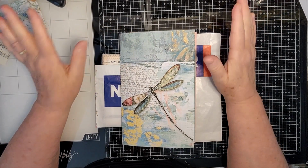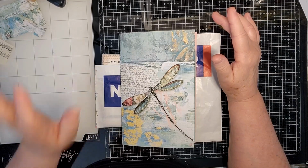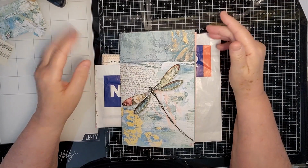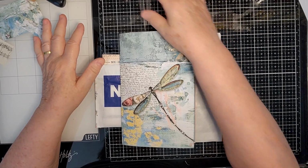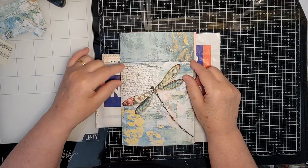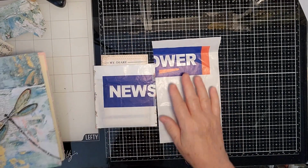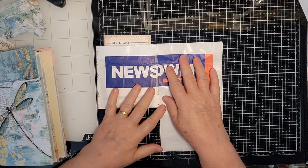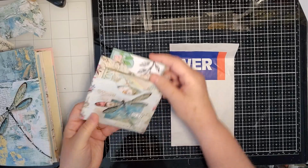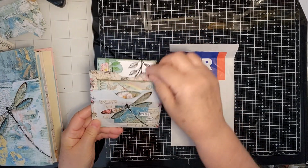Anyway, so today I'm going to be making a 3-pocket bag pocket thing that I was inspired to make by watching Gayle Agostinelli. She used a wine bag. I didn't have a wine bag, so I'm using this newspaper bag that was already cut down, and as you can see, I've already made one because I wanted to see how it went. And it's got 3 pockets in it,